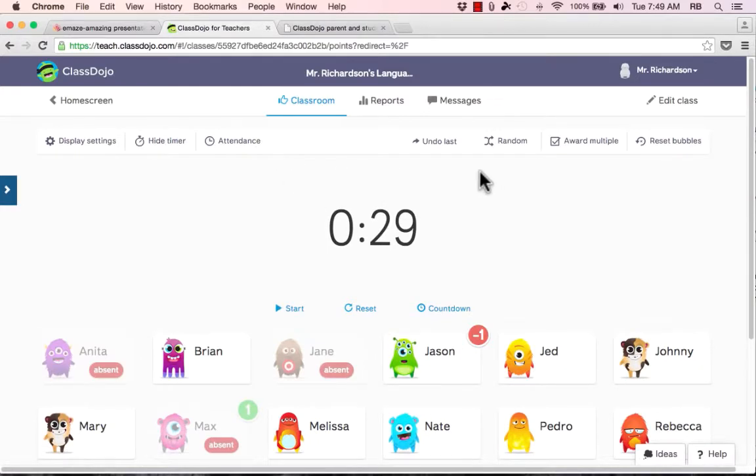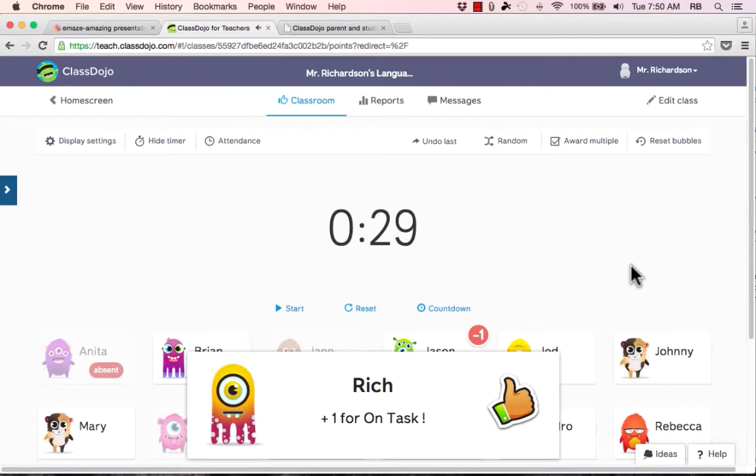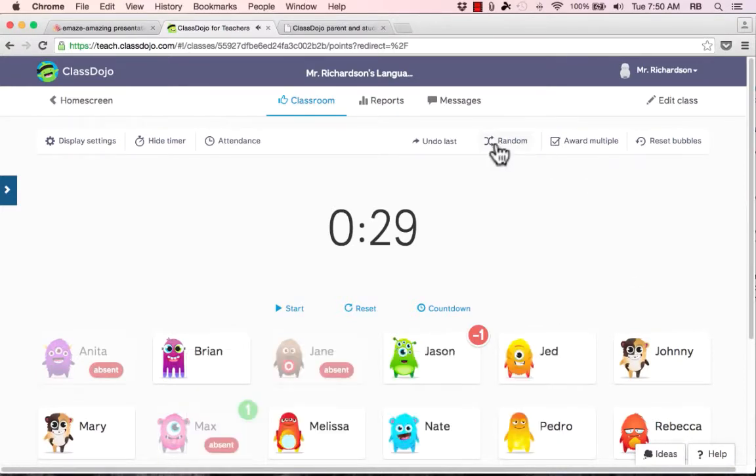Now that's not all. ClassDojo has some other built-in tools as well that are great for teachers, one of which is random. So random, what it does is it randomly picks one of your students, and you could use this to decide something like who's going to be first in line for lunch, or you can also use it just to make sure that you're randomly giving some feedback so that, maybe there's a student that doesn't get enough attention. It might randomly pick that student. So some people like that as a way to kind of throw out some random feedback that might help students